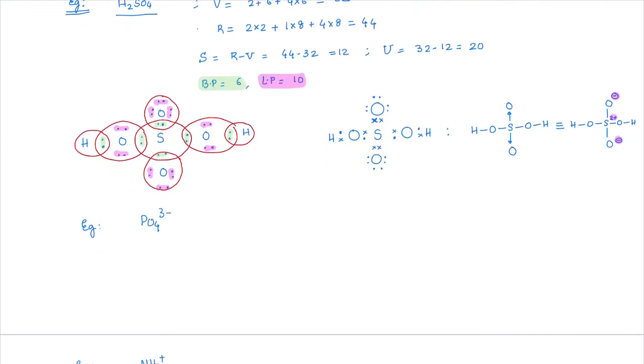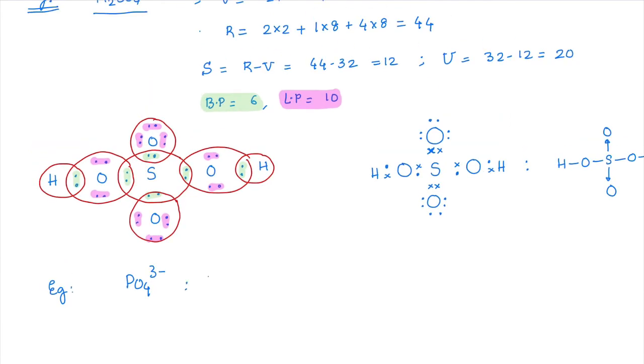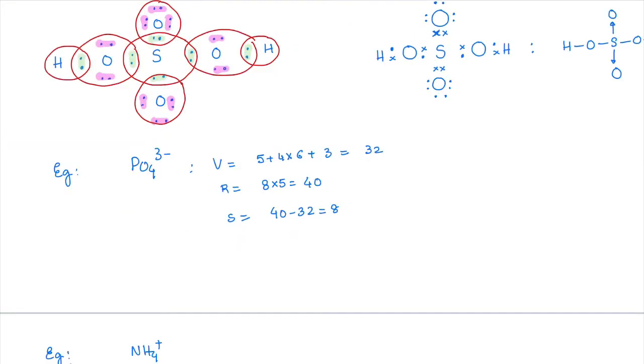Okay, let's see what you might have got here. V will be equal to 5 plus 4 into 6 plus 3, right guys? So 8 plus 24, so that makes it again. Yeah, you can check this. So you have got this right, 4 of it.